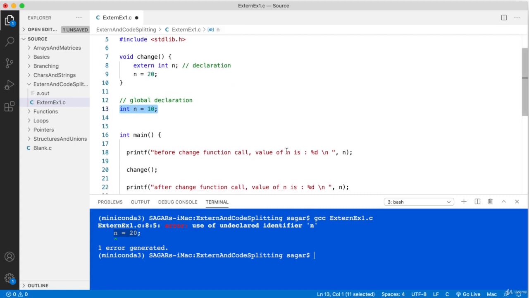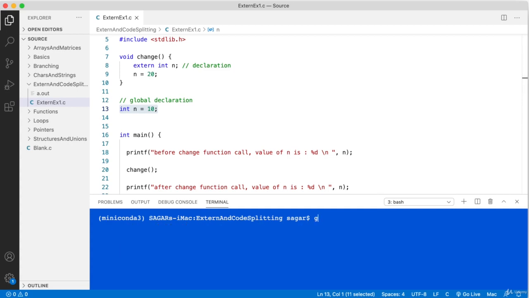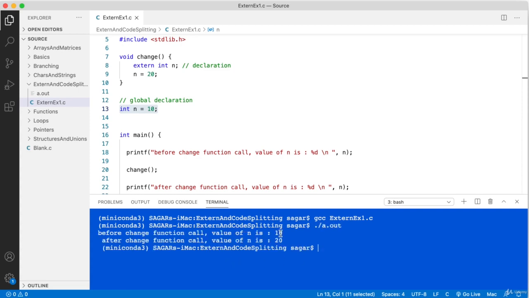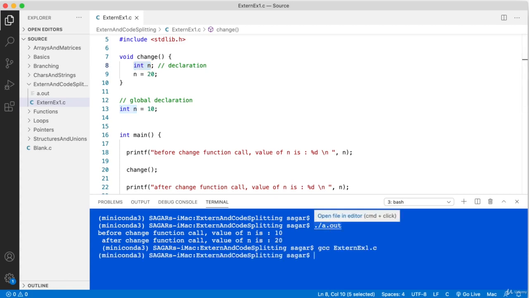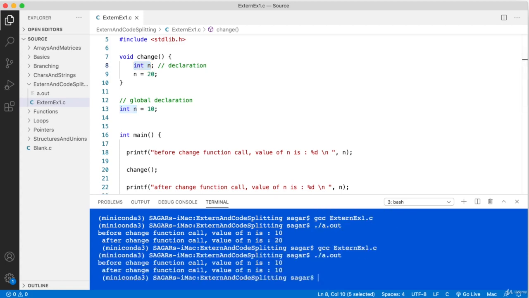Now let us see what is the outcome of this one. You can see that it affected the global variable and not the local variable. Let me reconfirm. I remove extern, and this is a local declaration. n will be referring to the local one. When I compile, you can see that it doesn't affect the global one.